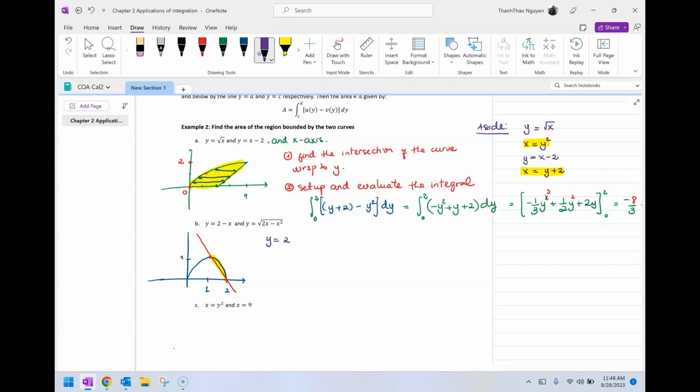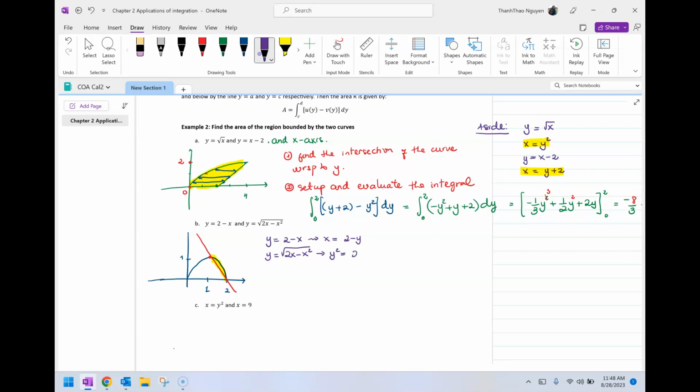y equal 2 minus x. Excuse me, we will solve this curve. Yeah, that's right. We solve for x. So x is a function in terms of y. So x is equal to 2 minus y. And for y equal square root of 2x minus x squared,